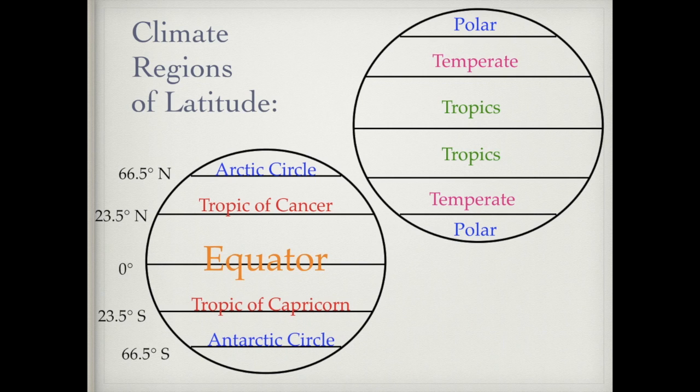Now, between the Tropic of Cancer and the equator is the tropic zone. And then it's repeated between the equator and the Tropic of Capricorn, another tropic zone. Between the Tropic of Capricorn and the Antarctic Circle, we have the temperate zone. Between the Antarctic Circle and the South Pole, you have the polar zone again. You will need to know the latitude lines and the zones, and we'll have a little practice with these. I would get in the habit of writing these down and practicing them if you don't already know them.